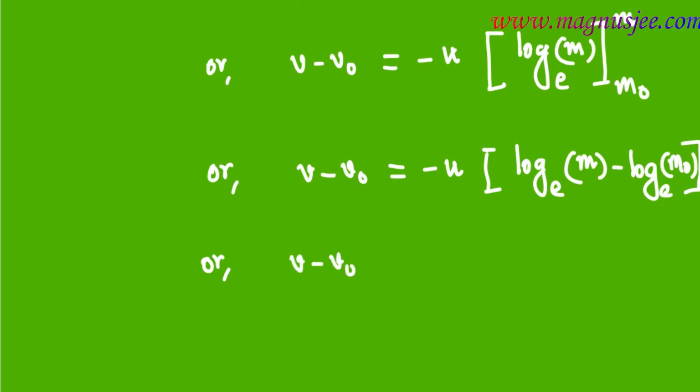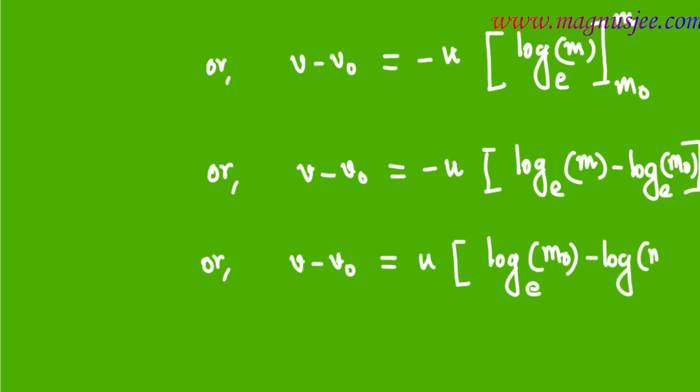So v minus v0 equal u log m0 minus log m, log base e m0 minus log base e m,